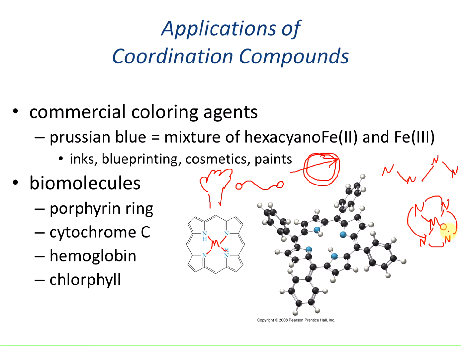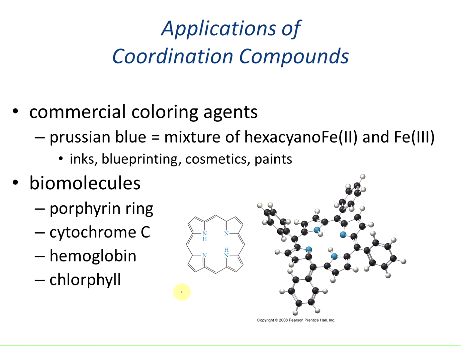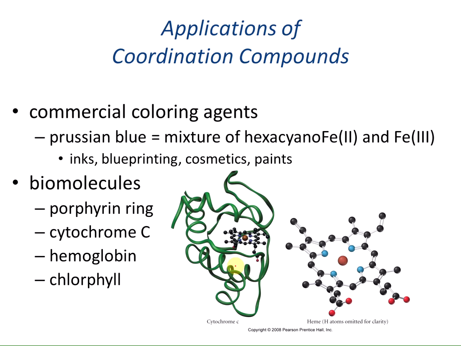This is called the macrocyclic effect. If the ligand uses a macrocyclic effect, it will have a larger formation constant, and the complex is much more likely to form. So this is why biology uses this porphyrin ligand, because it forms a very stable metal complex. So we see porphyrin rings in things such as cytochrome C,